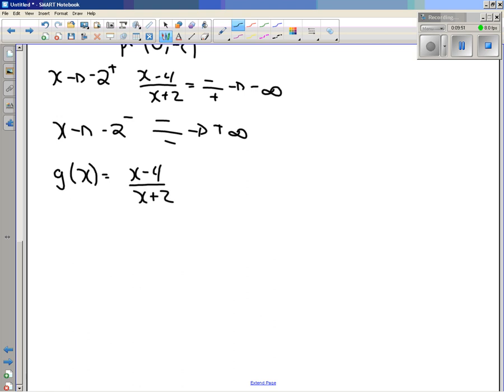I'll just change that from an F to a G. So if we look at that, we factor out an x from our equation. So x(1 minus 4 over x), x(1 plus 2 over x). And then you're going to be left with